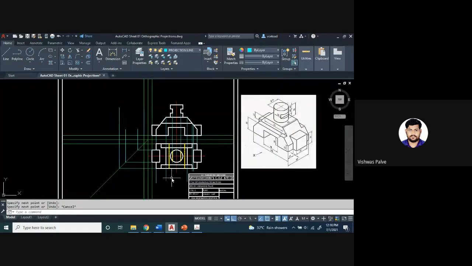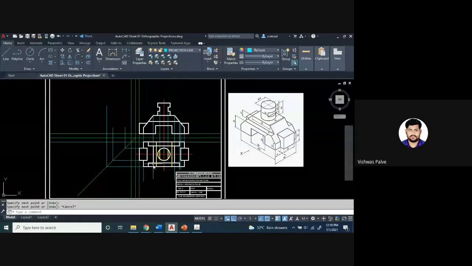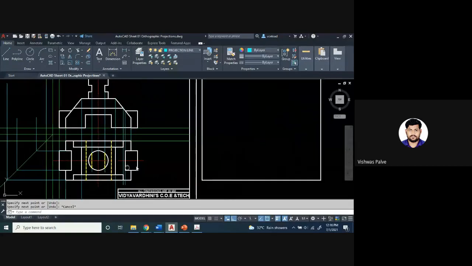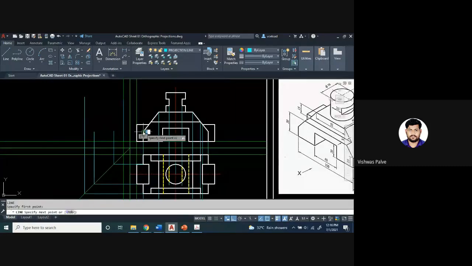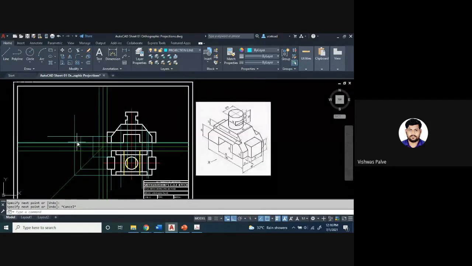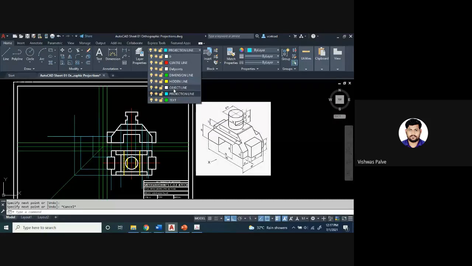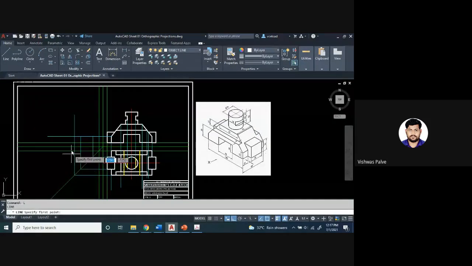Now suppose I want to draw its base. With the help of projections, I will take a horizontal projection from this point. Wherever these 2 projection lines intersect, see here, this is the line. So I will select the object line now. Wherever these 2 projection lines intersect, starting from here, this is the vertical line. Similarly, on the other side, this is that line. So I have drawn these 2 edges.